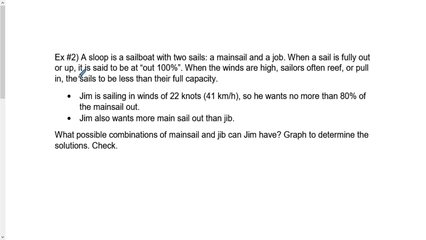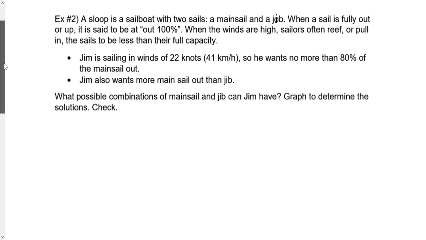A sloop is a sailboat with 2 sails, a mainsail and a jib. Oh, that is definitely not a sail, right? A jib. When a sail is fully out or up, it is said to be out 100%. When the winds are high, sailors often reef or pull in the sails to be less than their full capacity. Because obviously, if sails are out at full capacity, you're going to be going a lot faster than you may be comfortable with,